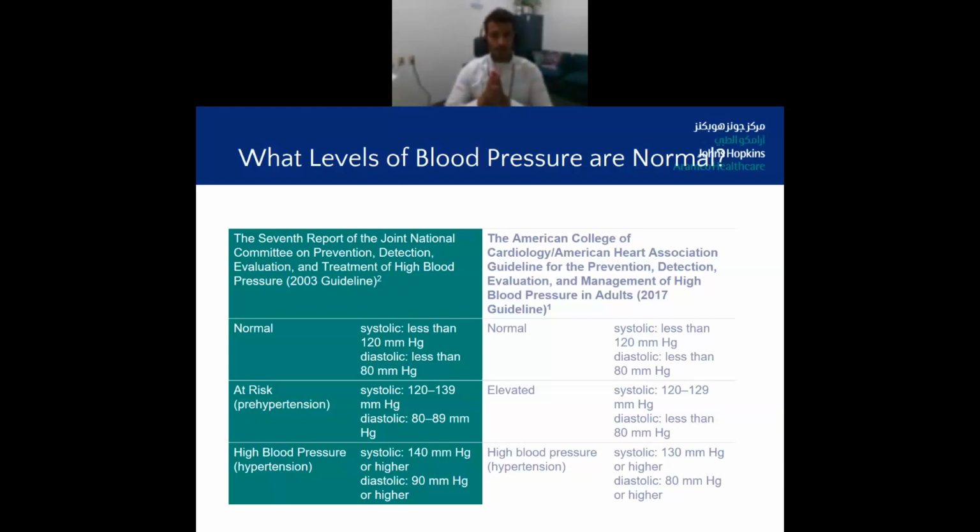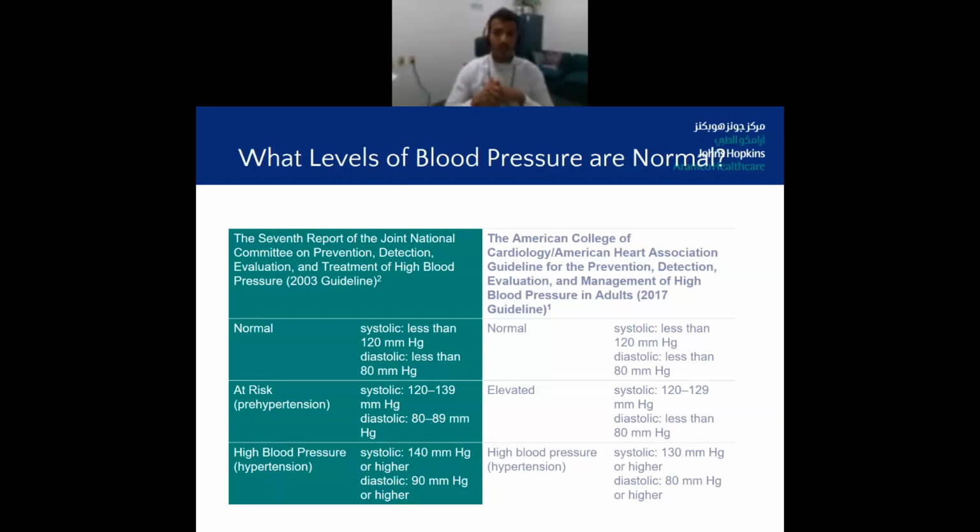The American College of Cardiology and American Heart Association guideline for the prevention, detection, evaluation and management of high blood pressure in adults, 2017, says normal blood pressure lies between a systolic less than 120 and a diastolic less than 80